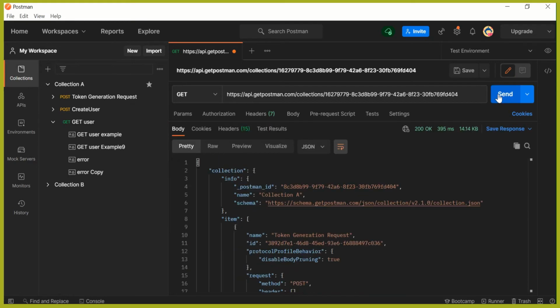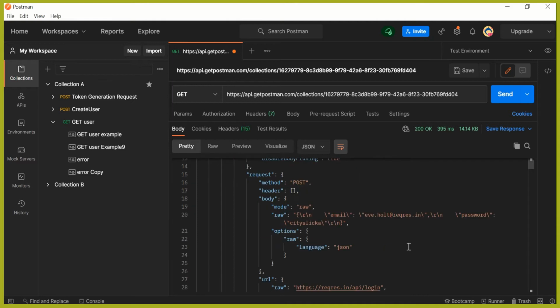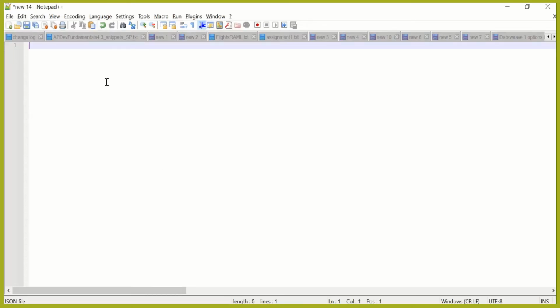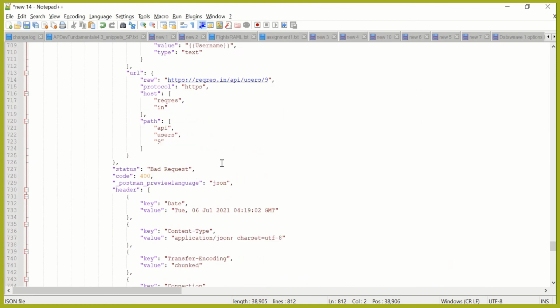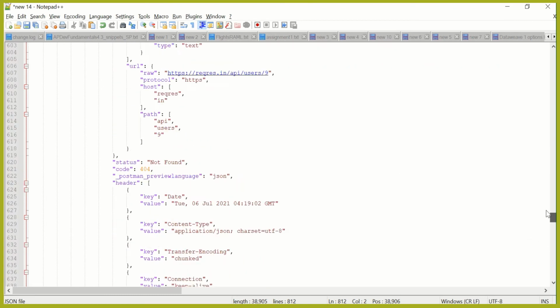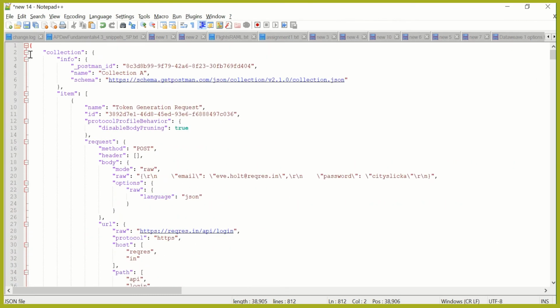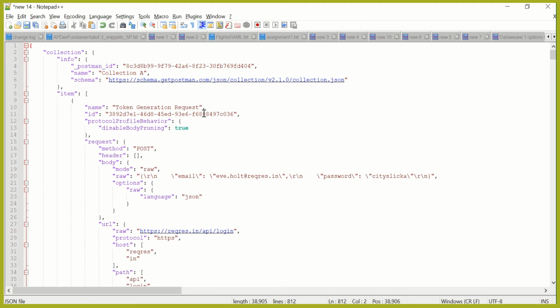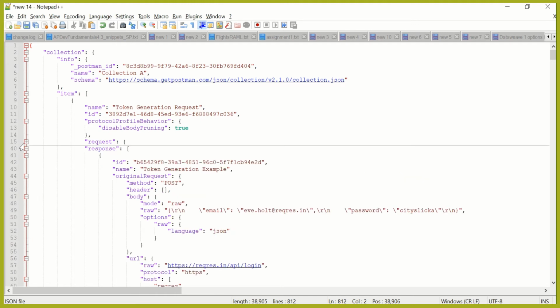So let me send the request. You can see we received a lot of information back in the response. Let me just copy it and place it in Notepad so that we can view it easily. You can see it gives the information of that particular collection. Then under item we have the names of the different requests that are there. First was the token generation request.